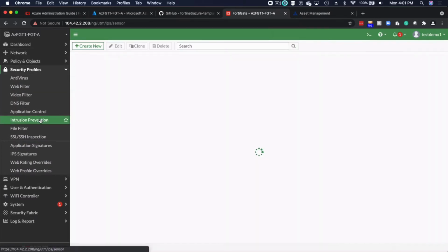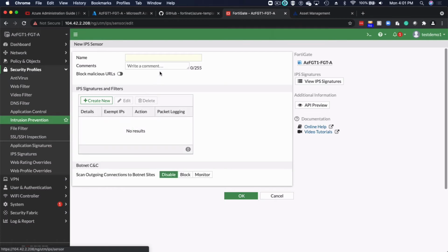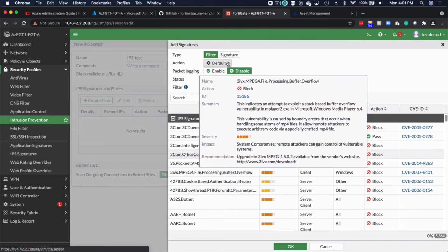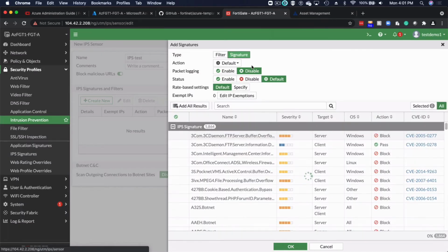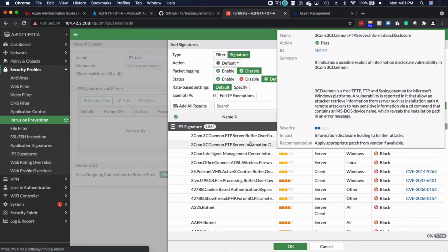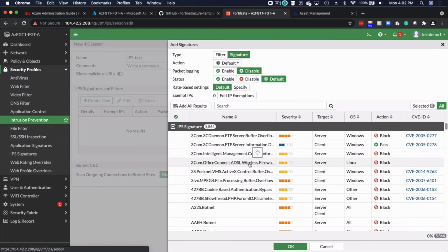Here is where you can configure intrusion protection, and by default there are already profiles created, but you can always create a new profile if you want by clicking create and then giving it a name and enabling the other parameters that are available, blocking malicious URL, and then creating the signatures and filters that are available here by default. And you can hover over the name of the filter and get more detailed information of the severities and summary